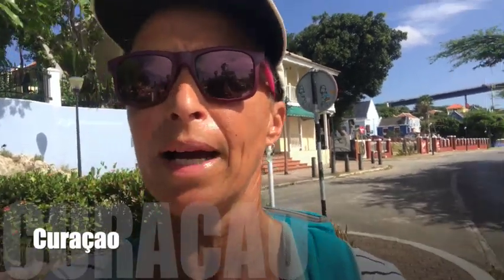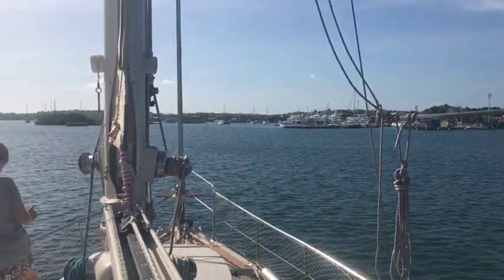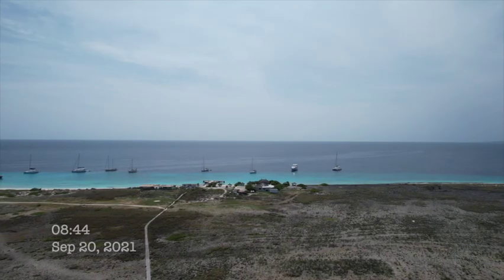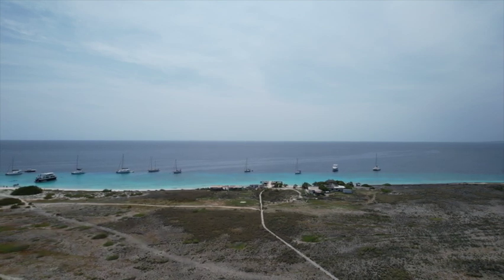Allowed to anchor around Curaçao, but you need permits. You need a permit for Spanish waters. You get up to 90 days. And then any other place you go to, you've got to get a permit. This morning I am off to the harbour master to try and get us a permit to go to Klein